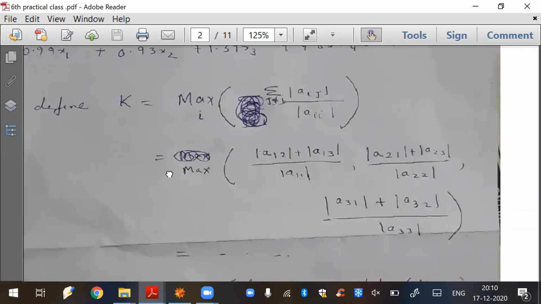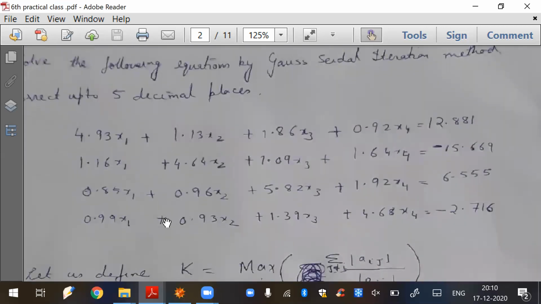Okay. So the thing is that the diagonal dominance speaks about, just note the term diagonal dominance. That means the diagonal element will be dominating. That means the diagonal element will be greater than the sum of all the remaining elements. Okay. So if it is the first row, then this element should be greater than all these three. Again, for the second row, this element should be greater than the sum of all the remaining ones. For the third one, this one will be greater than the sum of all the remaining ones. And for the last one, again, this will be greater than the sum of all these three terms. So this is the diagonal dominance. So if the coefficient matrix is such that it is diagonally dominant, then only this method is convergent. Otherwise, the method is not convergent.